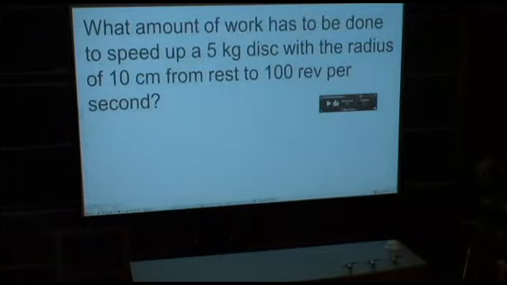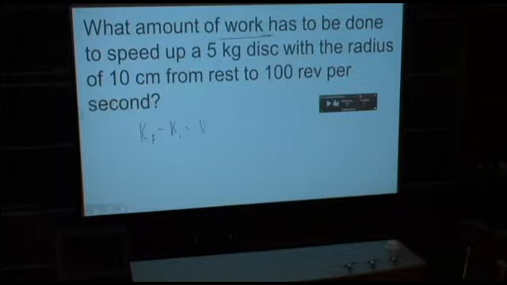What amount of work has to be done to speed up a disk from rest to 100 revolutions per second? So we are looking for the work of that particular force. We are assuming no friction, of course, no other force is acting. So we can apply this is